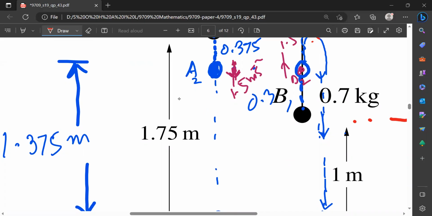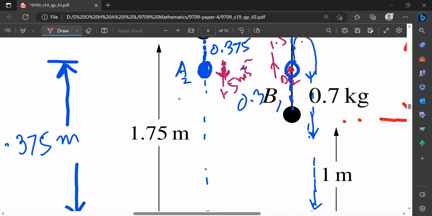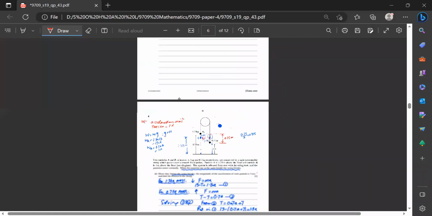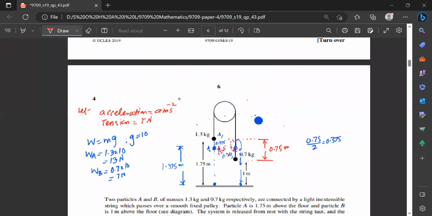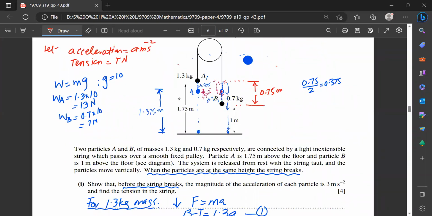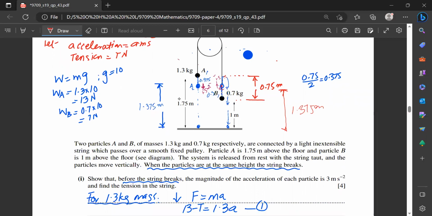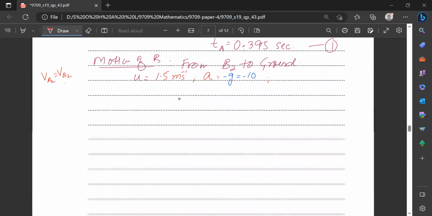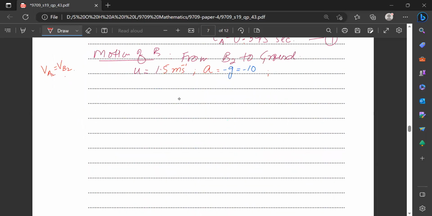As it is below, this length from this position to this position is 1.375, again because both particles are at the same height. As the final level is below the initial level, and the particle was initially moving in the upper direction, minus 10 is the acceleration. So S I can take as minus